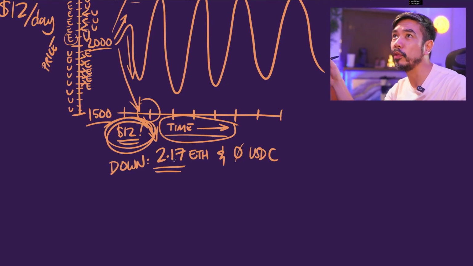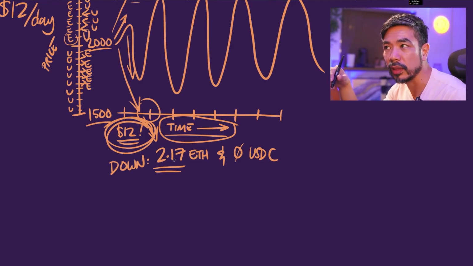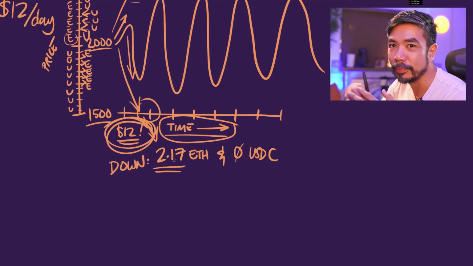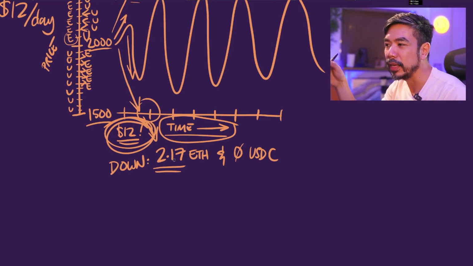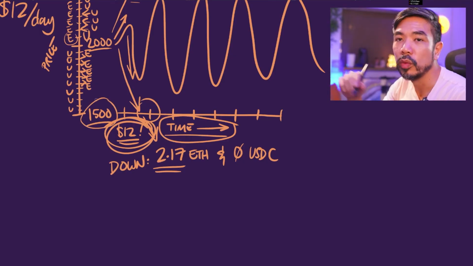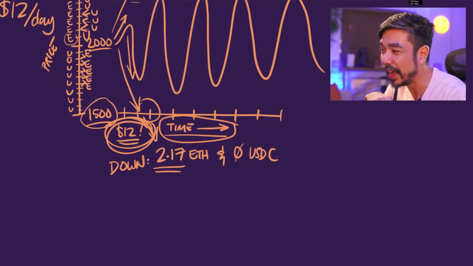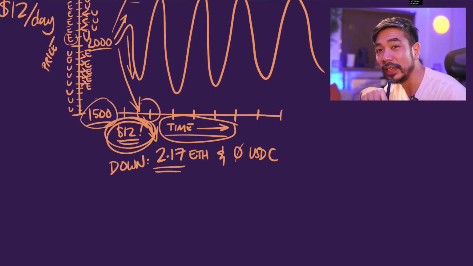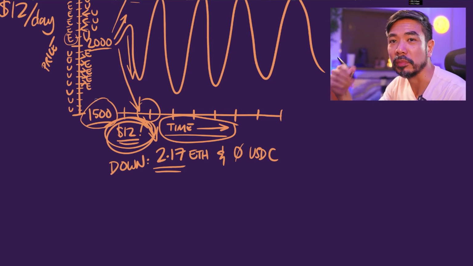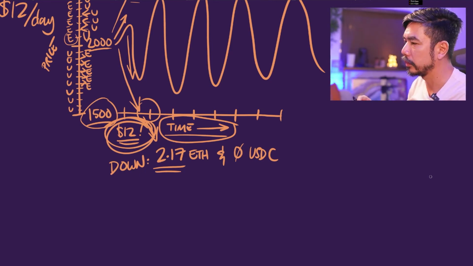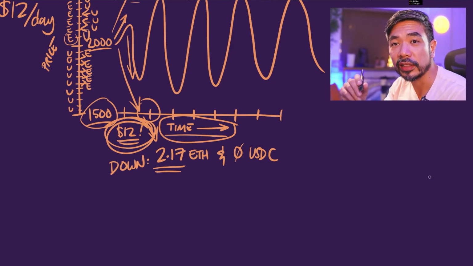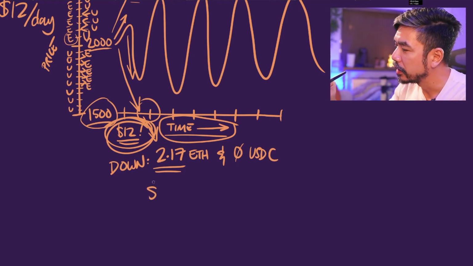I actually ended up with more ETH than I started with. Yes, but remember that ETH in this scenario is only worth $1,500 now. So actually, 2.17 ETH is not worth as much as you would think it's worth. It is, in fact, worth only